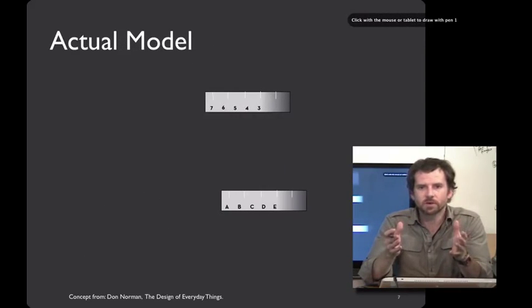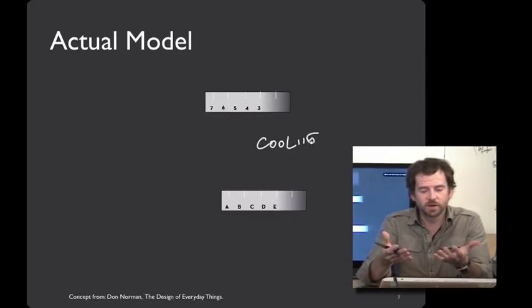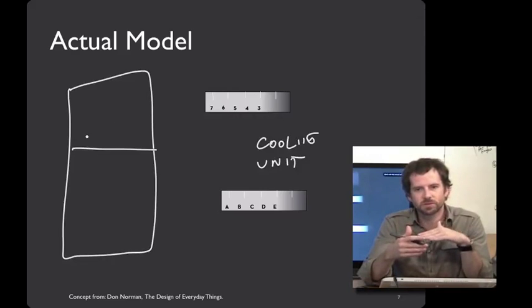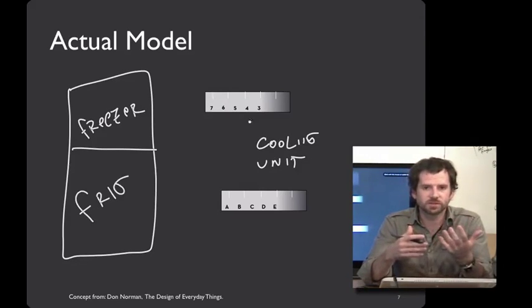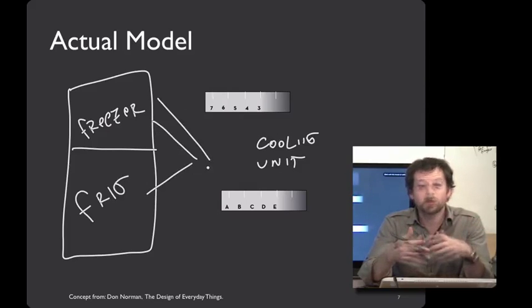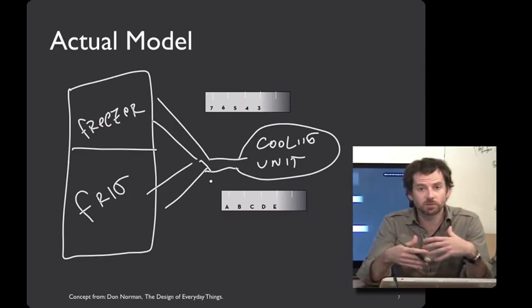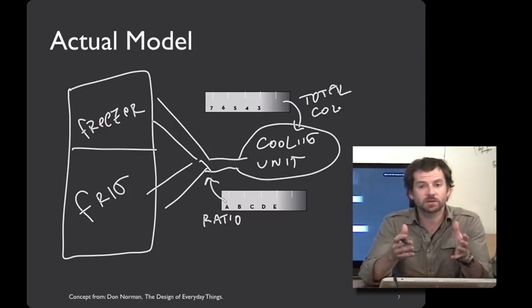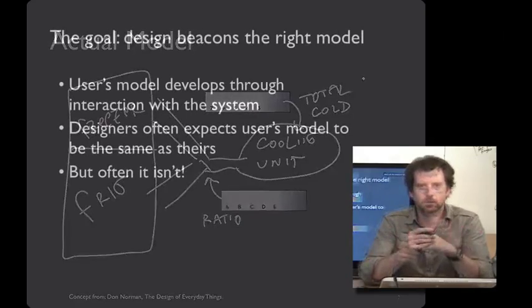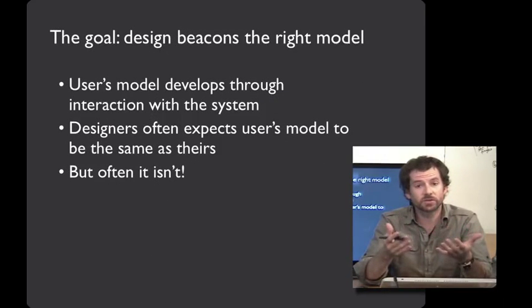Turns out that's not actually how it works, that there's only one cooling unit in this refrigerator, and then it has a splitter which controls the proportion of cold air that goes into either the refrigerator or the freezer. And so, if you'd like to be able to change only one of the two chambers, in this case make our freezer less cold, what you have to do is move both of the dials, dial back the total amount of coldness going into the refrigerator, and then change the fraction so that the fridge still gets the cold air that it needs, but the freezer is getting less. If a lot of users misunderstand the functions of these two dials and get them wrong, then I think it's fair to say that this is a poor user interface.